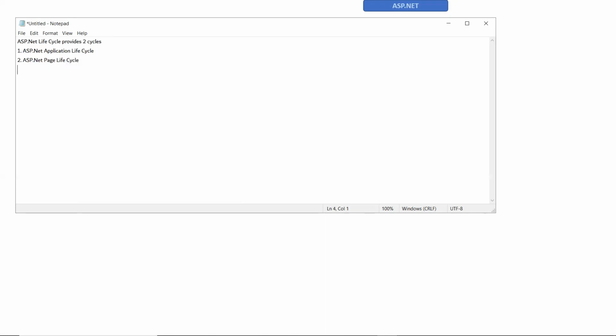So I think you understood, the name itself says lifecycle, a series of steps which ASP.NET has when you run your ASP.NET application, right? So when you start executing, or just press F5 on an ASP.NET application, it basically creates two lifecycles. One is the application side lifecycle, and another one is the page lifecycle. Let us see the application lifecycle,